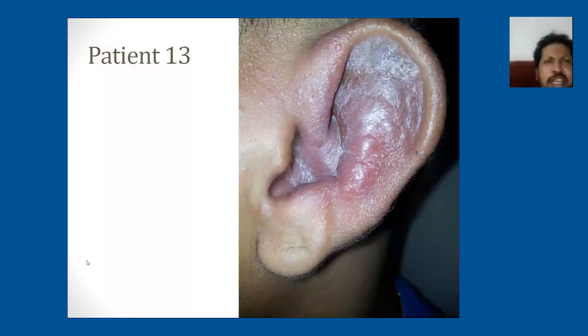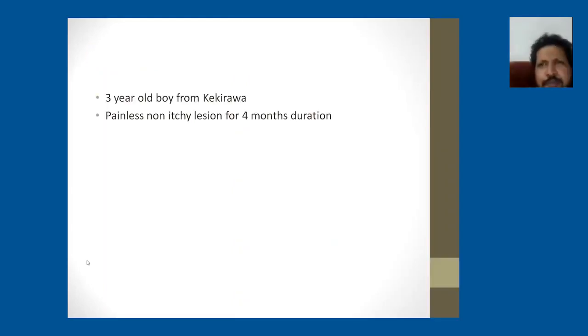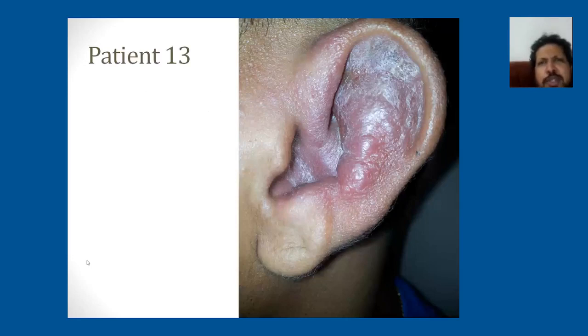So this is a 3-year-old boy from Kakirawa. So Kakirawa is a bit of a clue. It's a painless, non-itchy lesion of 4 months duration. So what do you see? You can see involvement of the foot, which is indurated. You can see some scaling. There's erosion, with a bit of oozing. But there is no lesion on the tip of the toe. So in conditions like leprosy, you would have prominent involvement, and it's not very common to see oozing. So child from Kakirawa, non-itchy lesion, especially when it's going on for several months, you have to think of